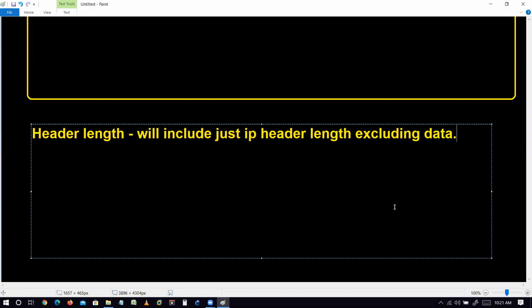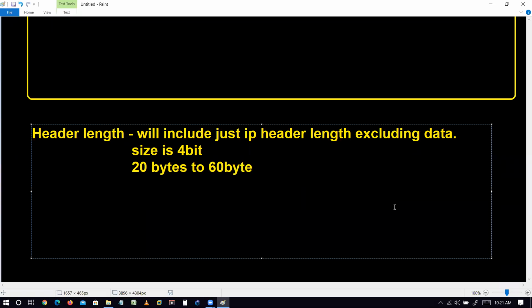Okay, and the size is 4-bit. It means the total number of values we can have here is 16 values. So in this 4-bit field, we have to represent 20 bytes up to, any idea of the last size of the header? 20 to 60 bytes.